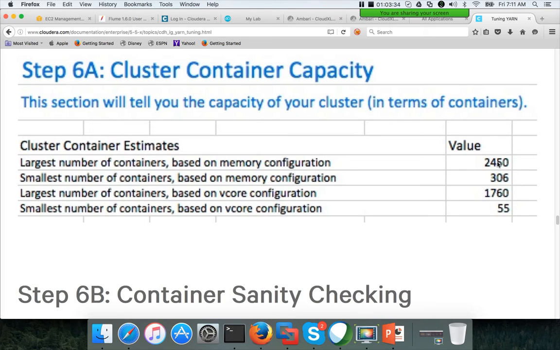These things have to be clubbed, and then you can determine how many tasks can be run on this cluster, and the resources should be used effectively. We should not waste the memory, we should not waste the containers. So we have to come up with appropriate memory settings so that we can use both core capacity as well as memory capacity. If you fail to do so, then you will be wasting either CPUs or memory.